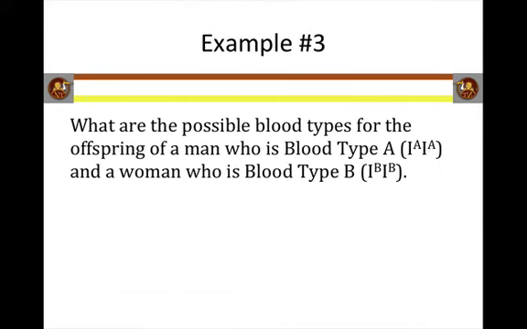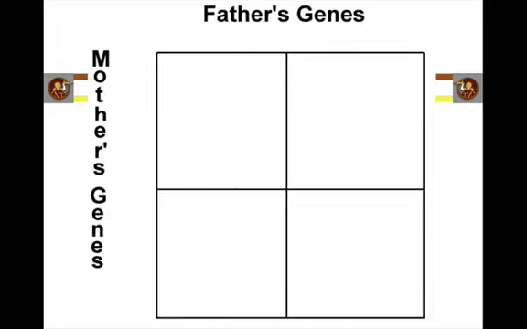What are the possible blood types for the offspring of a man who is blood type A and a woman who is blood type B? Now this time we are crossing homozygous blood types. We don't have any little i's here. So if we're going to cross two homozygous, one blood type A, one blood type B, let's set up our Punnett